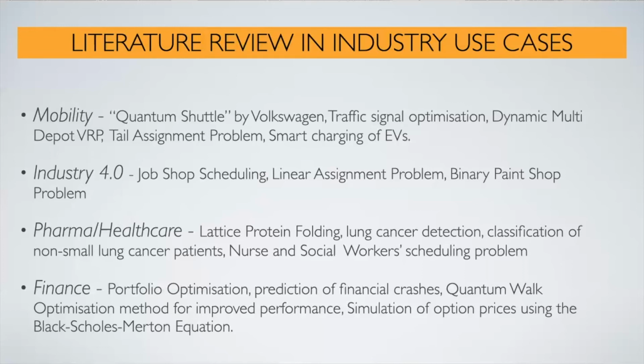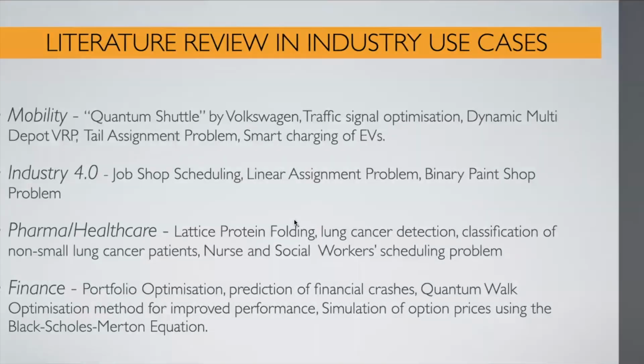So as you can see, there are already a lot of problems that have been solved using the NISQ algorithms. But a thing to note here is that when I say these problems have been solved, that is not up to the scale of the industry. It's only up to a small scale. For example, the tail assignment problem of assigning aircraft to particular flights has only been solved for up to 25 flights, or 25 aircraft, which is a very small number compared to industry scale. And so that's a serious limitation that we face. But we currently work with small numbers, and we have obtained speedups over the classical algorithms, or at least competitive performance.